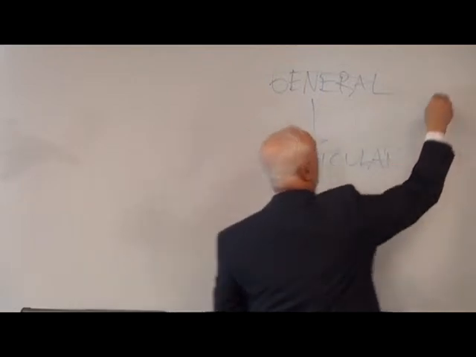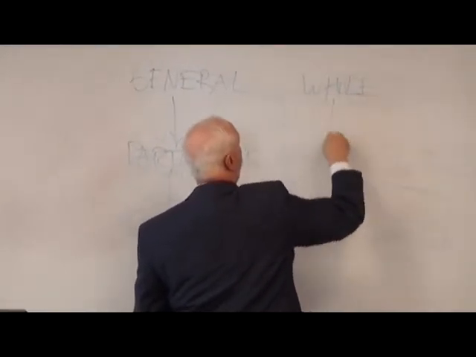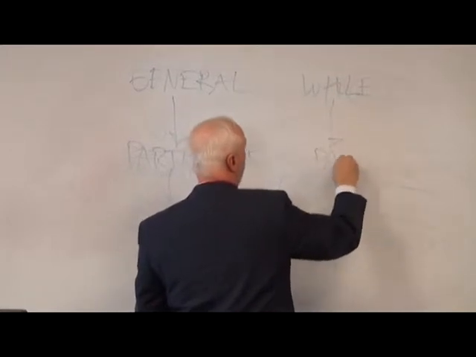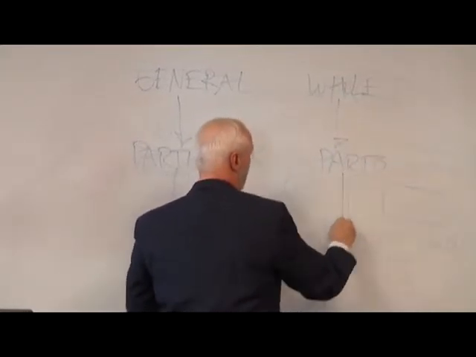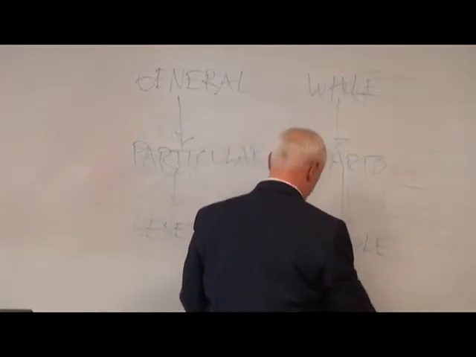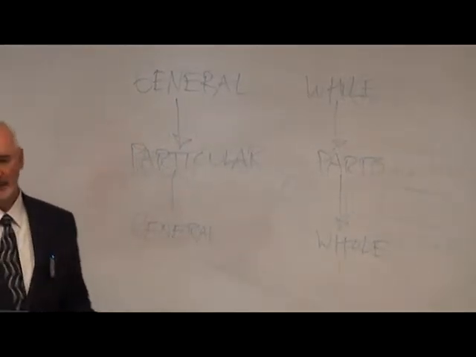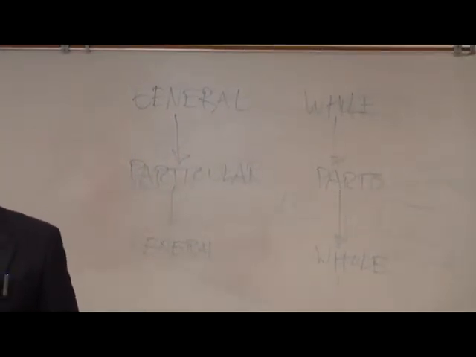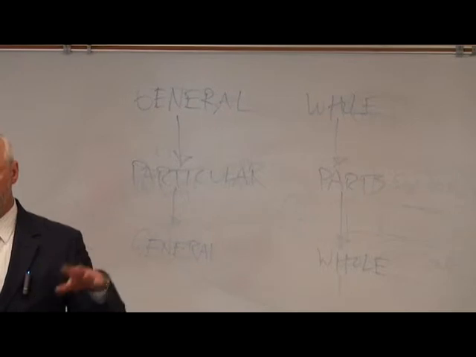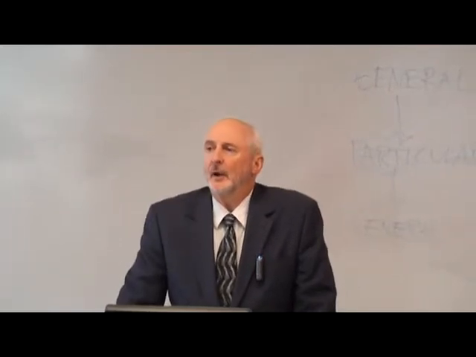Or another way to describe it is to say you start by looking at the whole, then you look at the parts, and then you move back and you look at the whole. I'll try to give a little bit of an explanation about why this kind of movement is the most useful one for studying. So let's start with, let's say